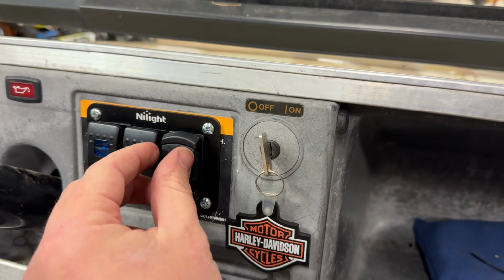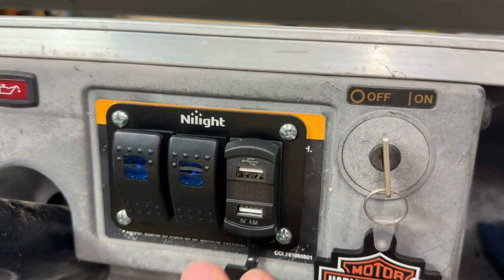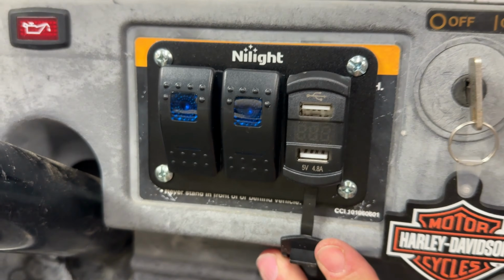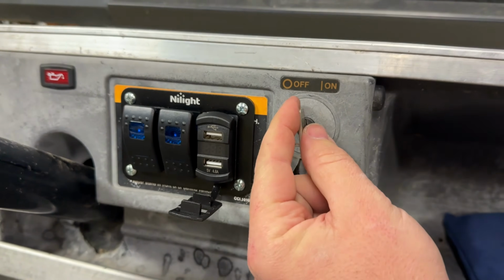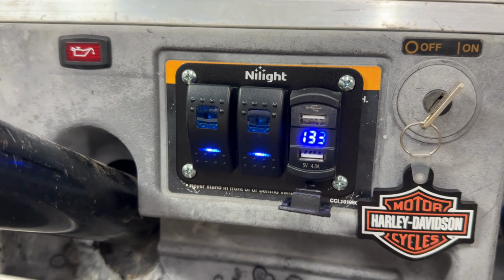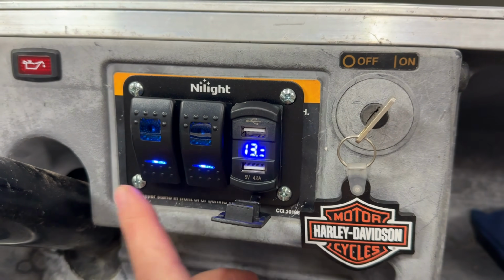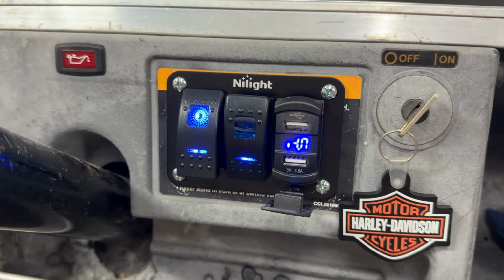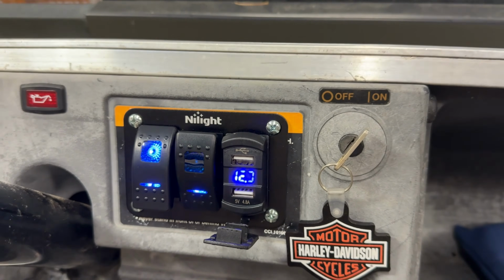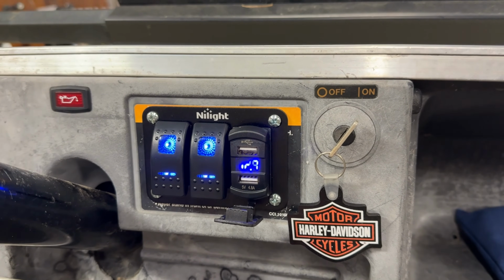And then this guy right here, not only is it a digital voltmeter, but we have two USB-A outlets. And the best part here, everything comes on with the key switch. So here we have what they call a night light, just so you can see these things. Then whenever they're turned on, you have a big light up top. This second switch here right now doesn't do anything,